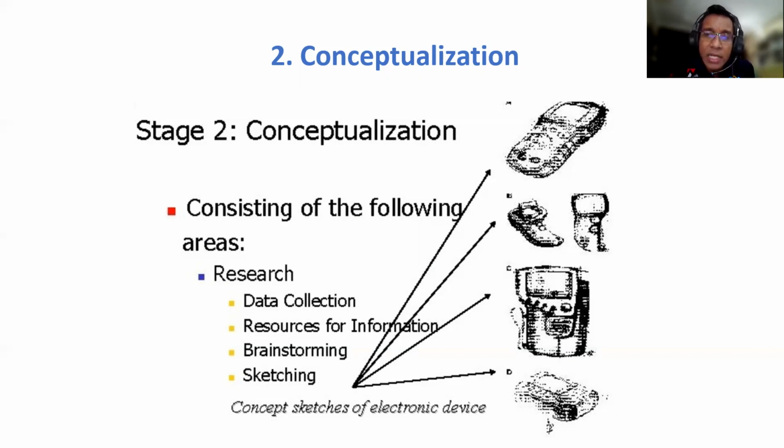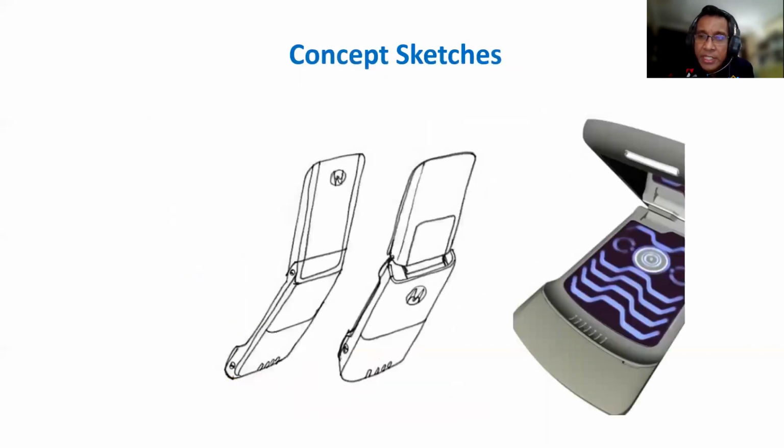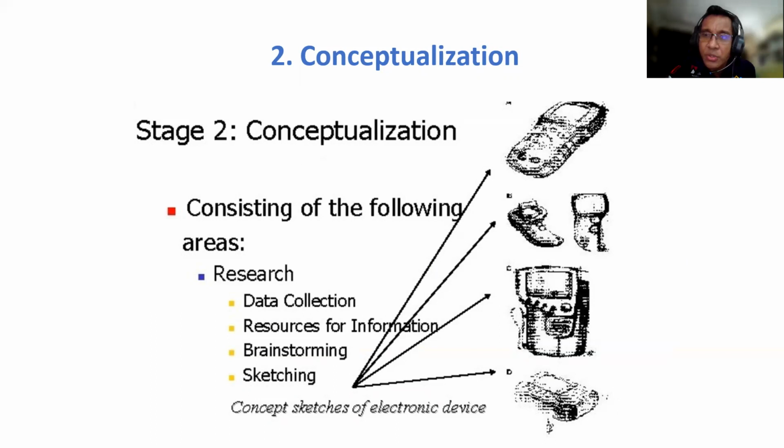Like concept generation, I think you are already familiar with this. You already studied it in the first-year class, I think, in the concept generation. At this time, the industrial designer concentrates upon creating the product form and then the user interface. So the industrial designer makes a simple sketch, known as a thumbnail sketch, for each concept.